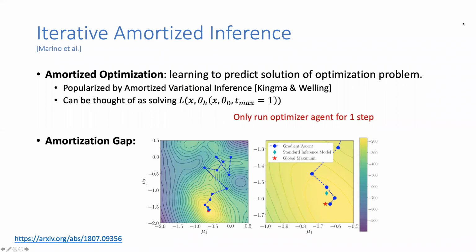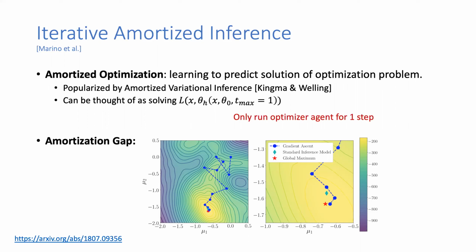So the next paper I'll briefly cover in this continuous optimization space is iterative amortized inference. This is work by one of the TAs in this class, Joe Marino. First, let me describe the term amortized optimization. Amortized optimization refers to using learning to predict the solution of an optimization problem. So we have an optimization problem, we solve it, and then we learn how to predict the solution of that